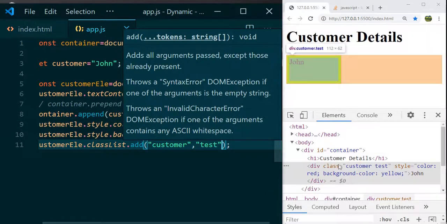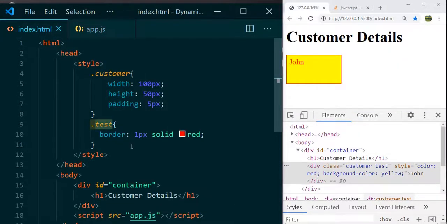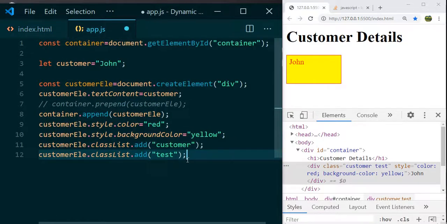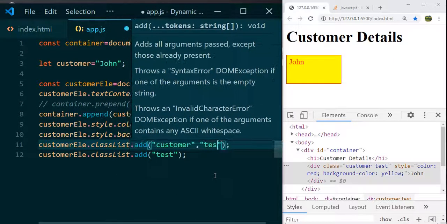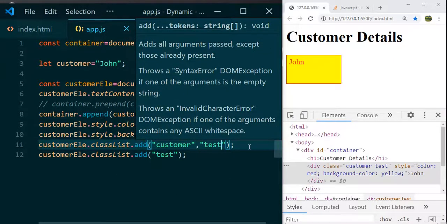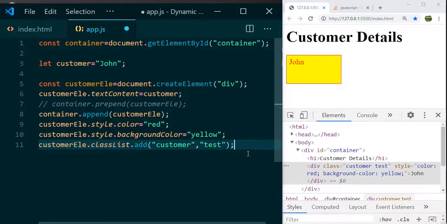And if we save, you can see that the border is applied, where we have written just border 1 pixel solid red for the test class. Otherwise, you can do like this also. If you want to add in multiple lines, you can do like this. Otherwise, you can just add like this, and we don't require this line.